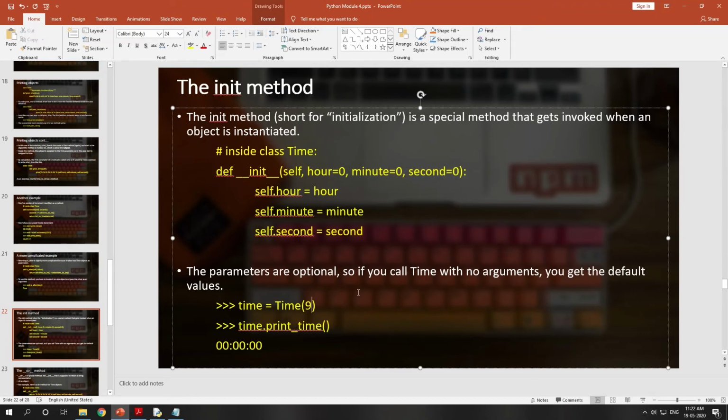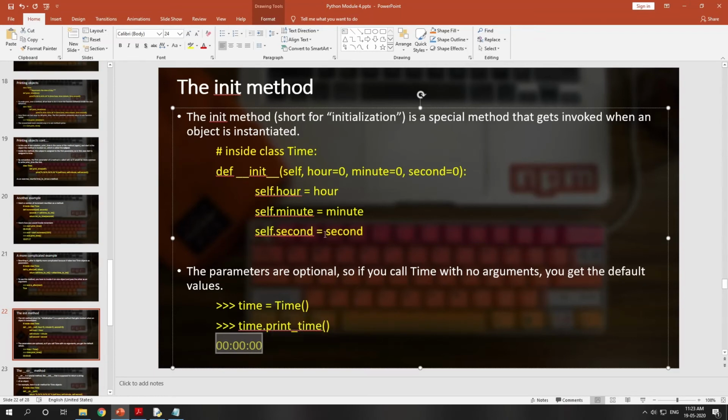If you pass 9 comma 12, then time dot hour will be 9, minutes will be 12, and seconds will be 0. If you pass again comma 10, then hour will be 9, minute will be 12, and seconds will be 10. Understood? If you don't pass anything here, when you print a time, you will get everything as 0.